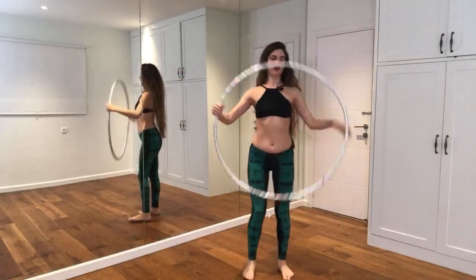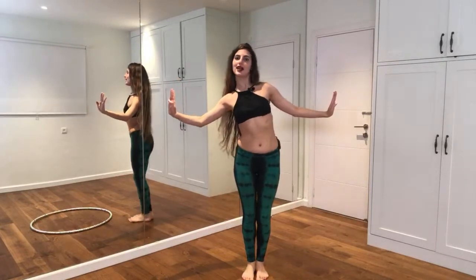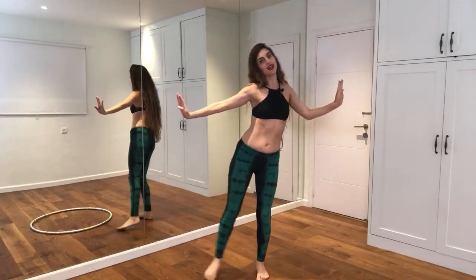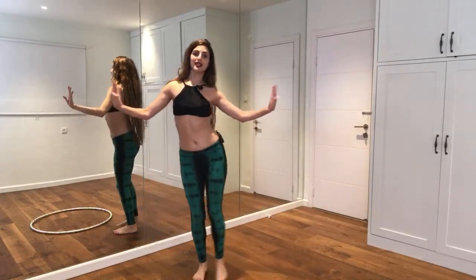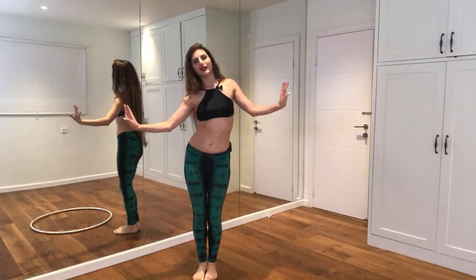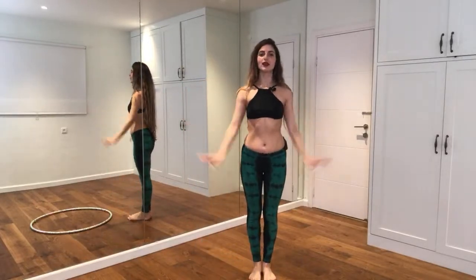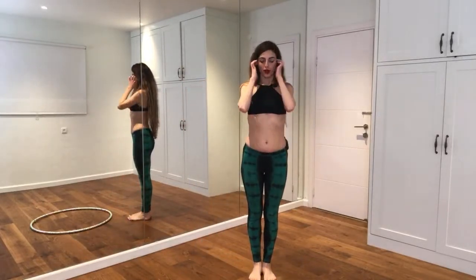Yeah, so even if you don't have a hoop, take your hands to the side and try as if you're pushing something and moving inside while pushing it, imagine that you have a hoop. 1, 2, and side. Good. So this is the Sidewinder, and